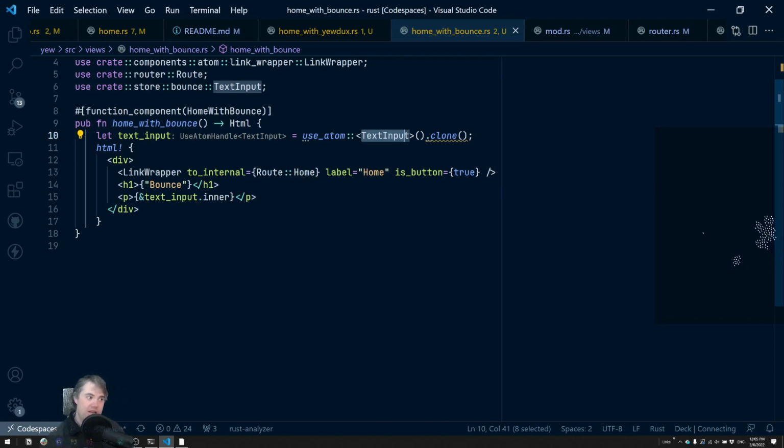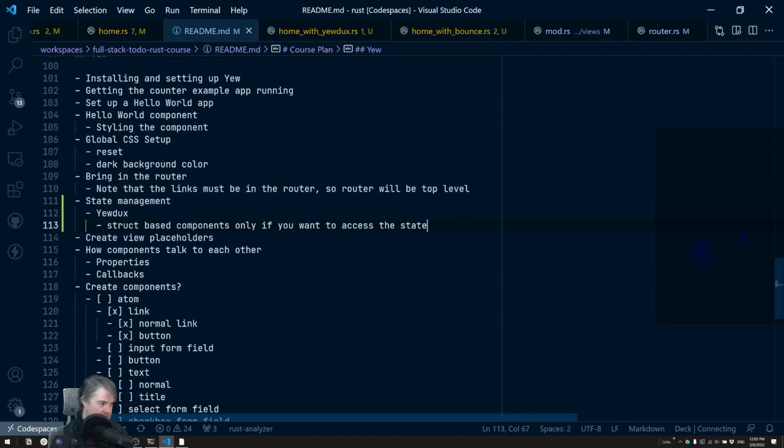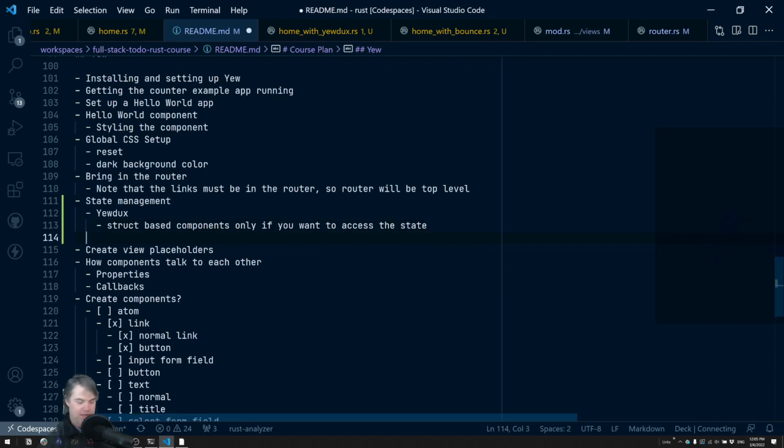So I'm like 90% sure I want to go with Bounce, but I'm not at 100%. Yeah, this is definitely the way I want to do it. We'll have to play around with it a little bit more. So let's update our README. Okay, so that one, and then